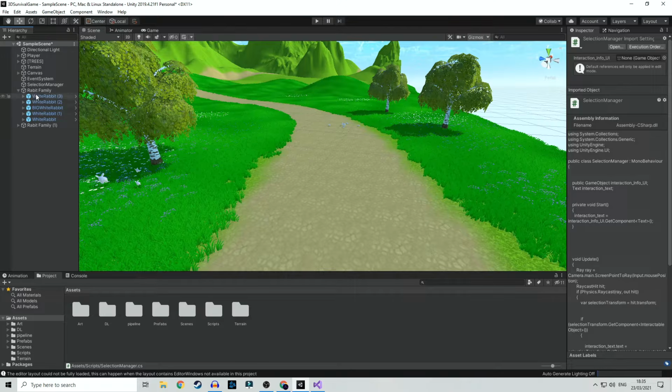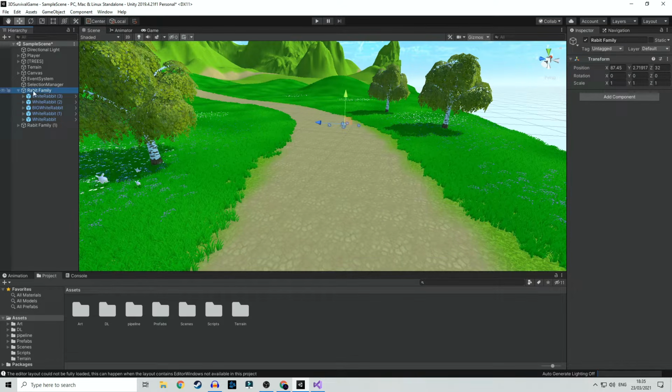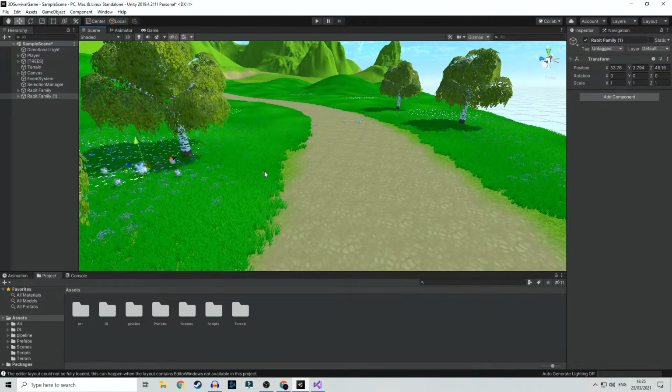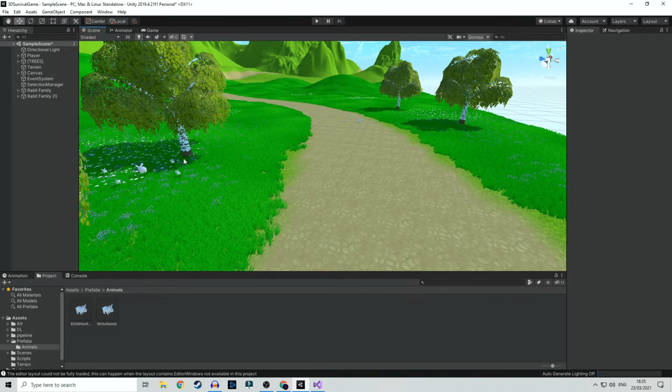I simply put about 5 rabbits together and I placed all of them inside an empty object and I called it rabbit family. So then I just duplicated this rabbit family and I placed it in another place. So this way you don't need to go and do it one by one and drag a rabbit over here and over there. You can just create these little packs of animals and put them into one little group and